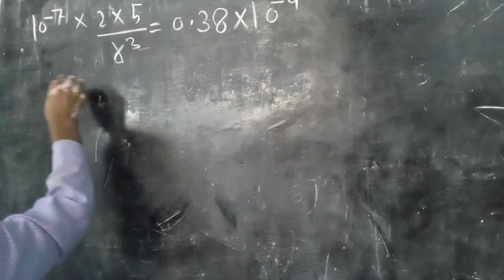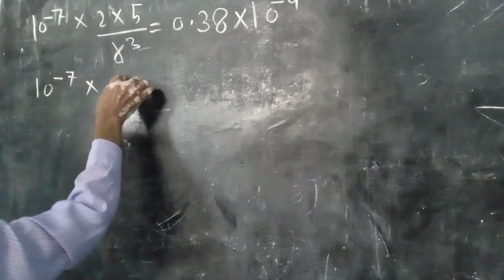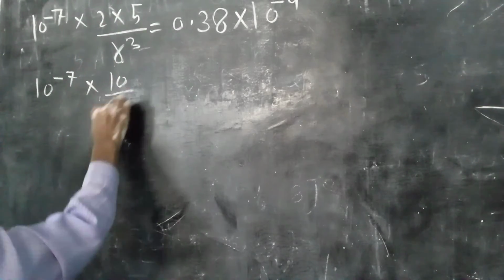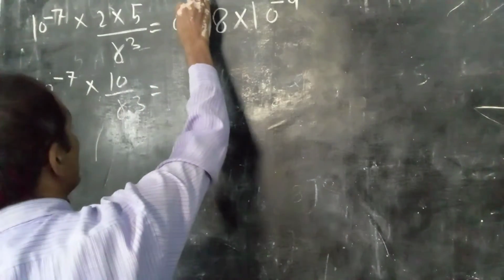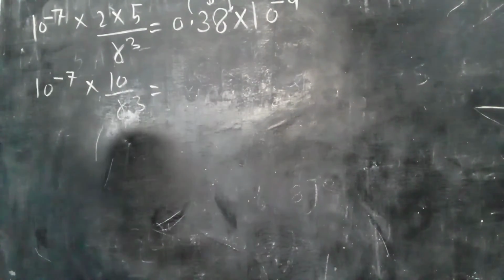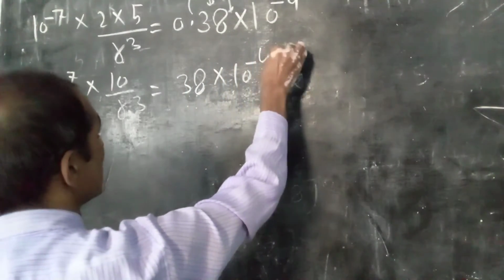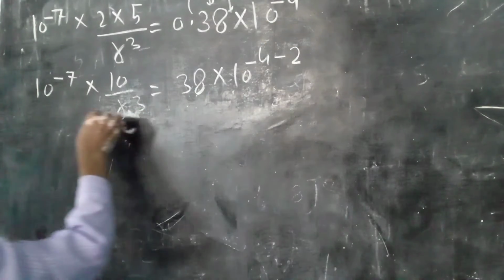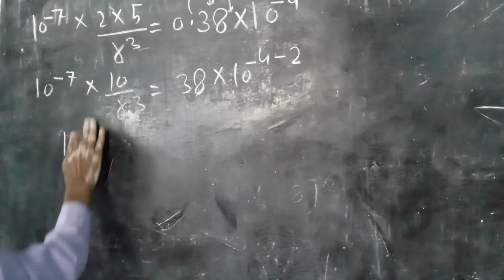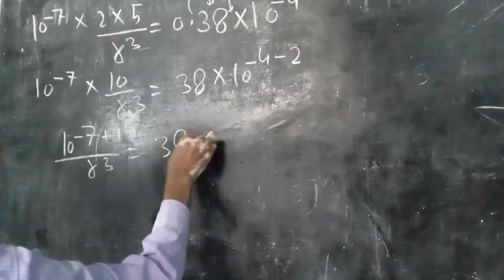In an equation, all physical quantities are written in the same unit system. 2 into 5 10 upon r cube. Now shift decimal 2 digits right. When you shift decimal 2 digits right, then 2 is subtracted from the power of 10. So minus 4 minus 2. In multiplication on the same base, powers are added. So 10 raised to power minus 7 plus 1 upon r cube is equal to 38 into 10 raised to